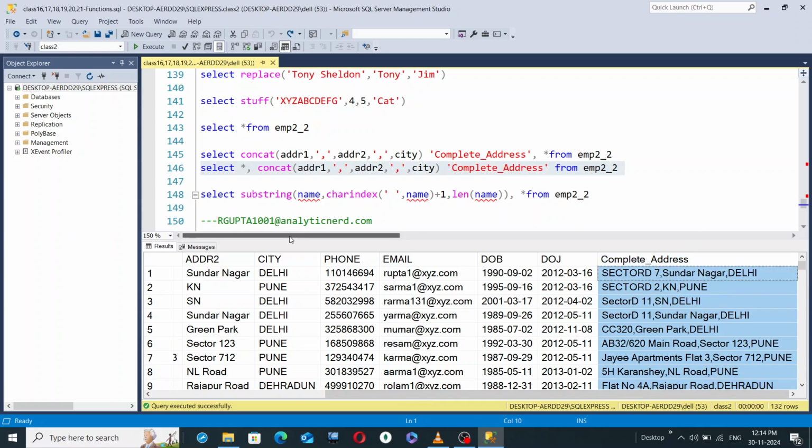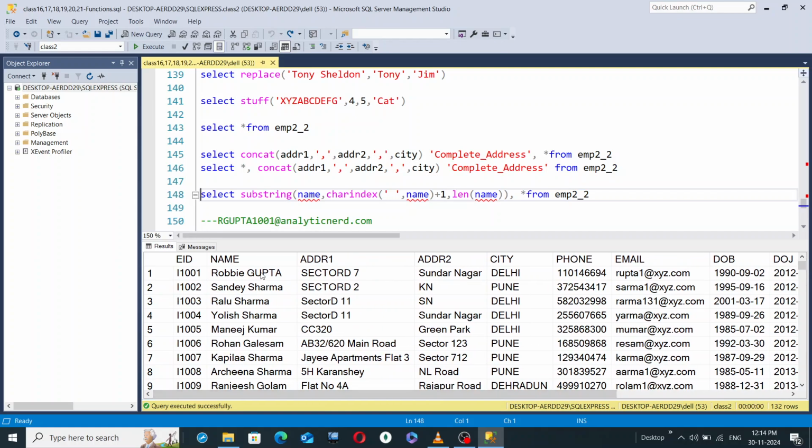Now suppose I want to extract only the surnames. You have all these employees, Robbie Gupta, Sandy Sharma. What is the surname of Robbie Gupta? It is Gupta. What is the surname of Sandy Sharma? It is Sharma. So like this, I want a column to be generated, and that column must contain only the surnames of all the employees. So go to line number 148, give select, and after select, I basically use this function substring,